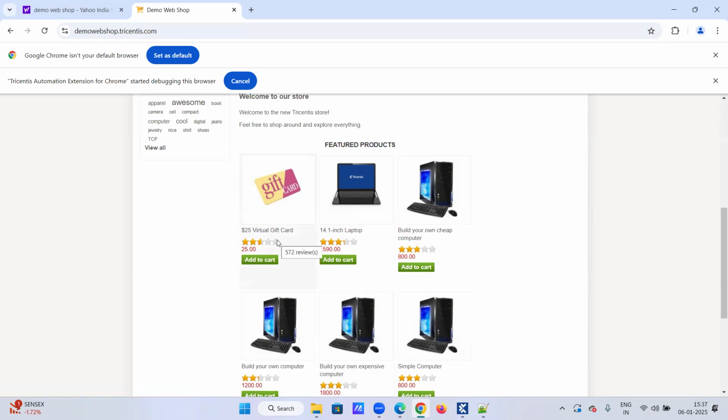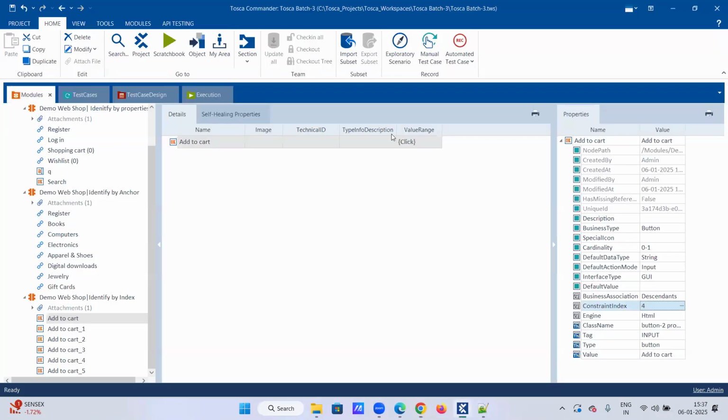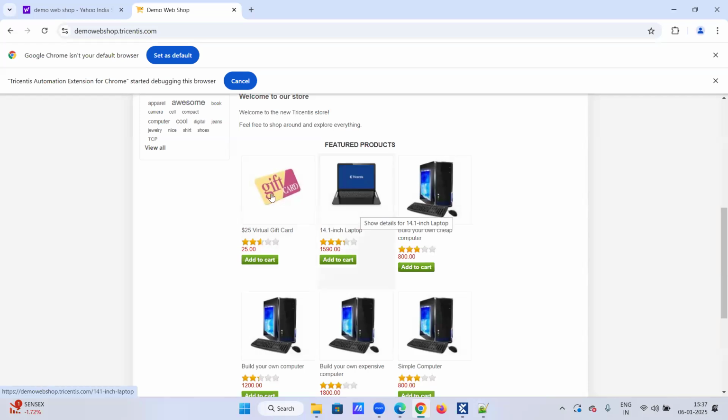So you click on add to cart which is present at the first position. Okay, that will be executed. Then tomorrow it is changed to a different position, so it won't work, right? So even with the index kind of position, it is very simple. Whenever you see that the position is changed, say this gift card is moved to the second position, or the gift card is changed to the third position,